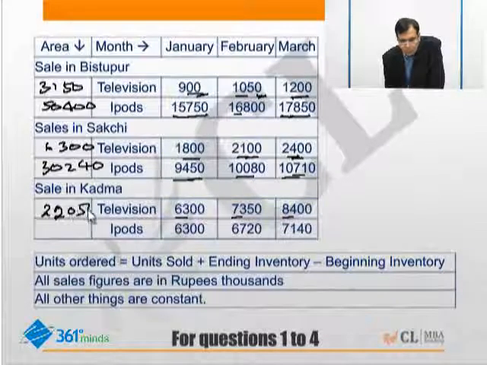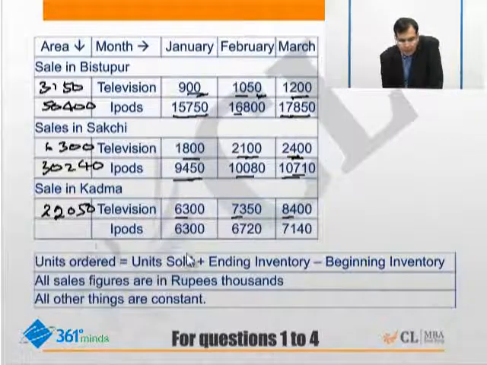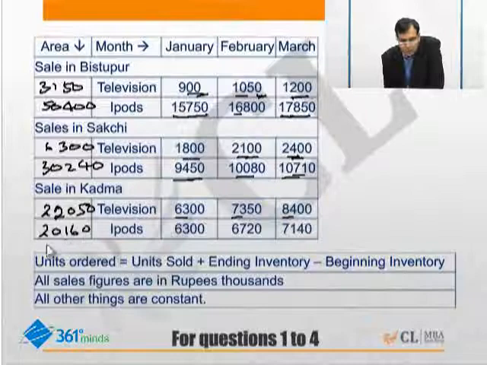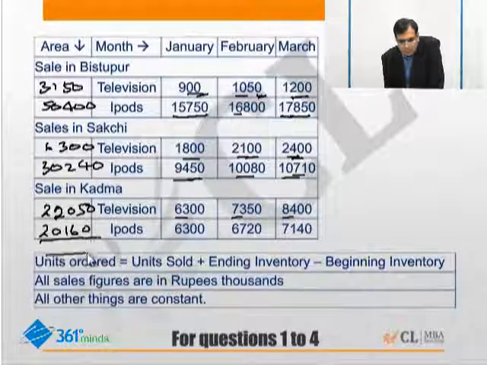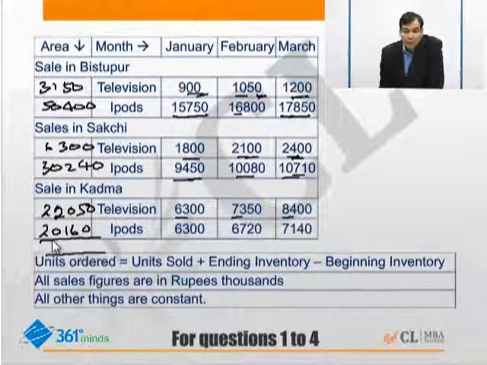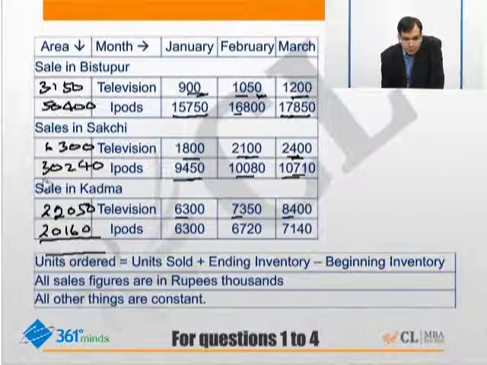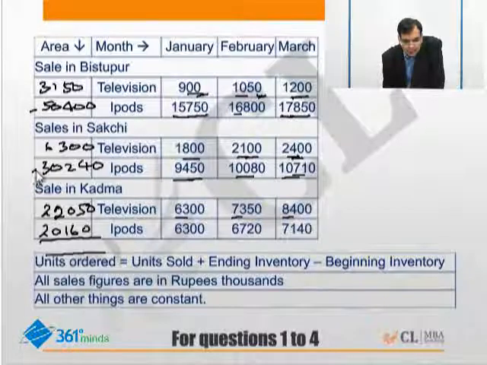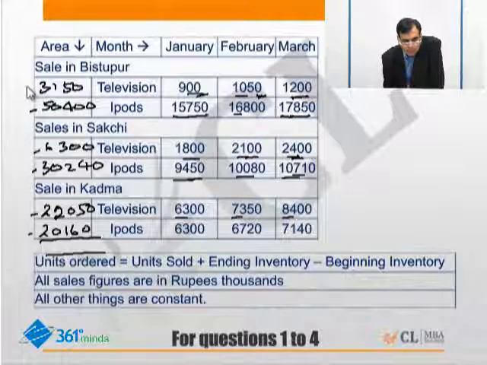And similarly, when you look at the iPods, 6, 7, 13, 20, 21, 60. Okay. And obviously we need the total of this also, which was required for the sales value. Remember, the second or the third question asked us to find the total of that. So when you do a total, 50, 80, 100, 122. So this becomes 132,300.